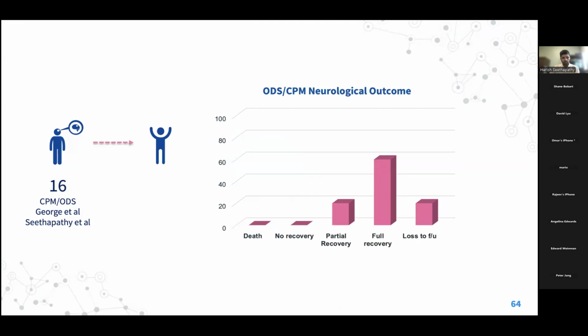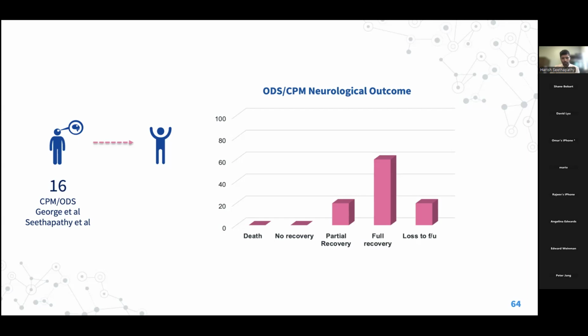And if you look at the historical outcomes and compare them to now, they were not a whole lot different, but definitely different in terms of mortality and severe neurological complications. The two papers that had neurological outcomes described are our paper as well as a George paper. Pretty much everybody, except a couple of patients, was lost to follow up. Everybody else had partial or complete recovery neurologically within a few months after hospitalization. So, definitely not the full-on, extremely high morbidity and mortality cohort that was described in the 80s and the 90s.